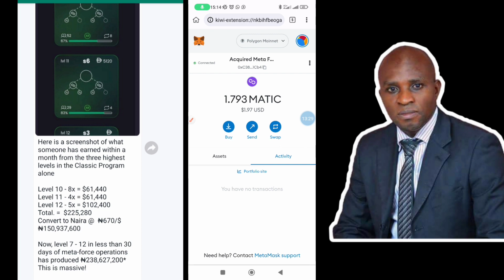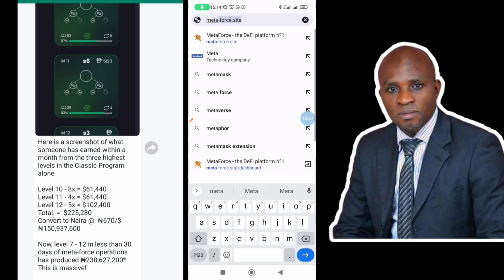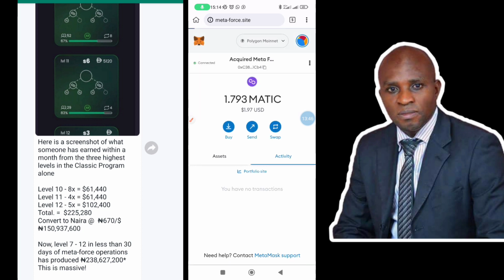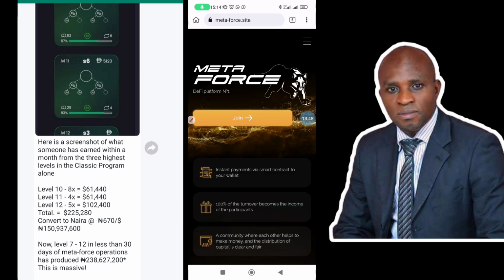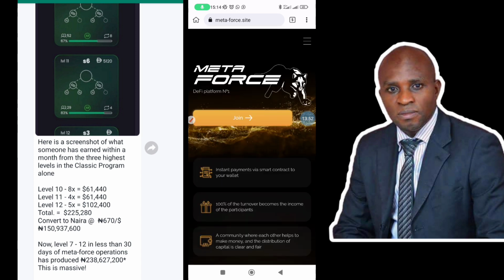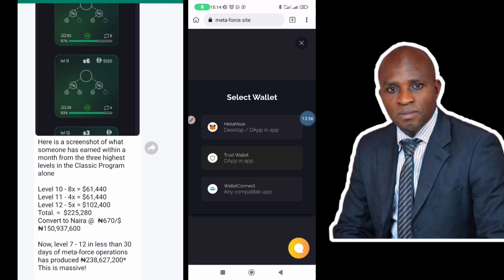what you need to do right now is to just go ahead and click on this browser here and then enter metaforce.site. All right, so just click here. So look at this. When you click here, you are in the MetaForce site. You just come here, click on login, then choose